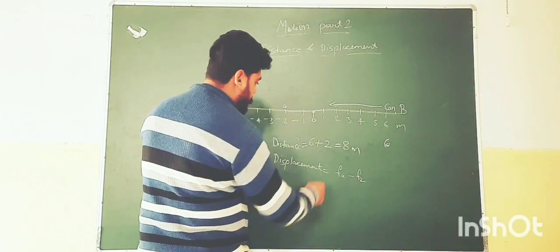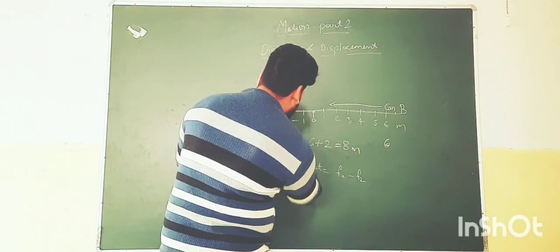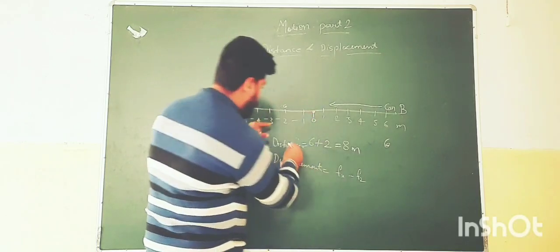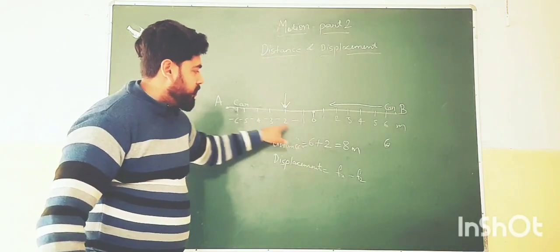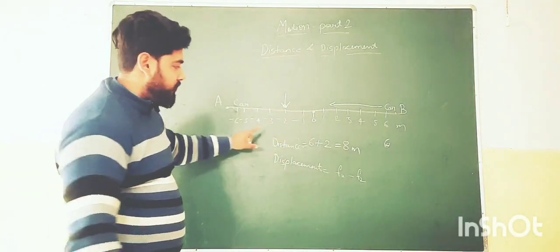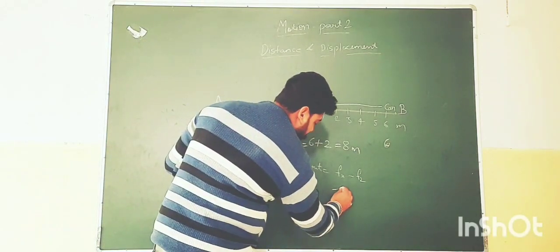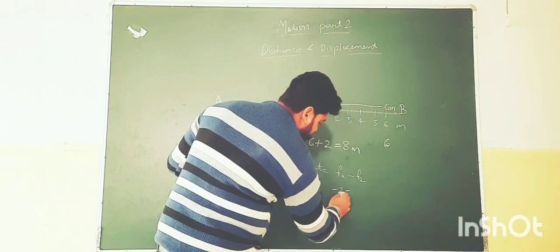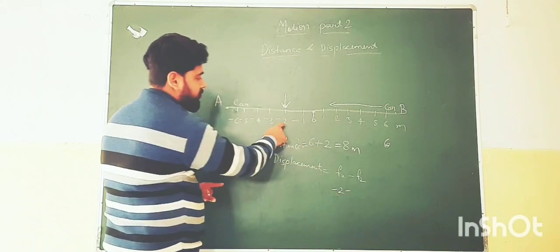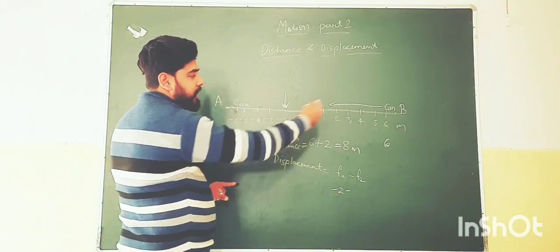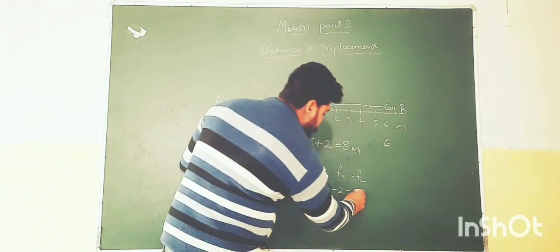So here also, if you put the values, what is there? Till here the object has moved to minus 2. Here in distance I took 2 because the direction was not needed, that's why the minus sign was not there. But here we will take the sign because it is showing the direction. The final position is minus 2, I have written f for final position, till here the car has come. And the second, from where it started, from 6. So here will be 6.